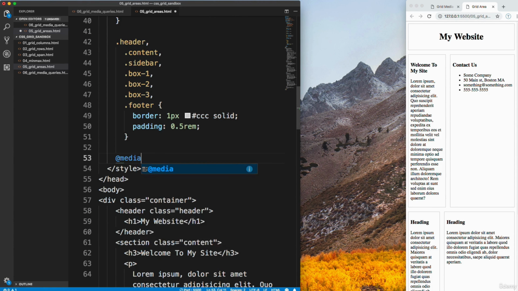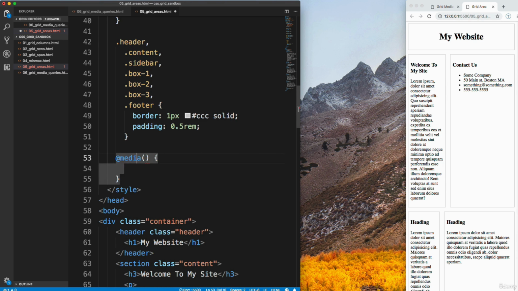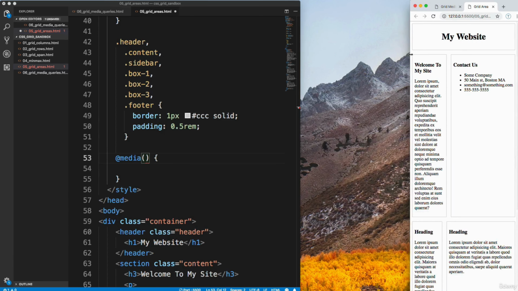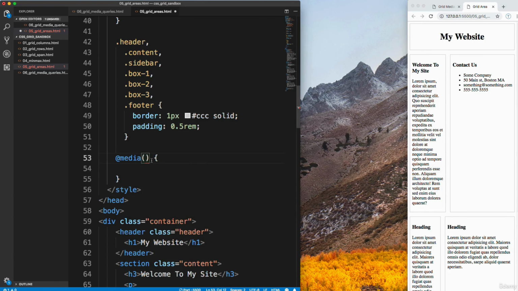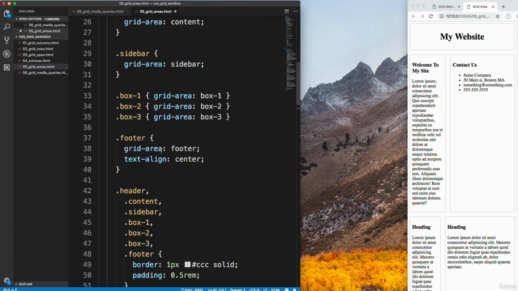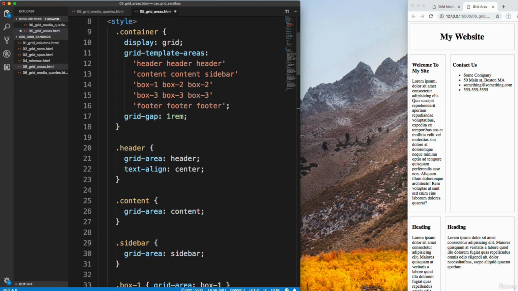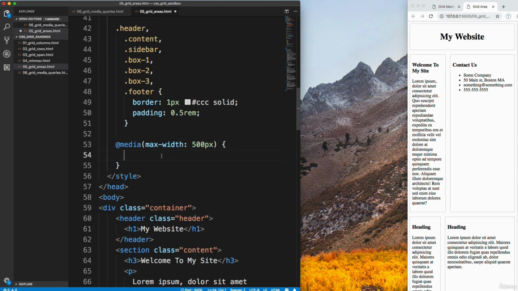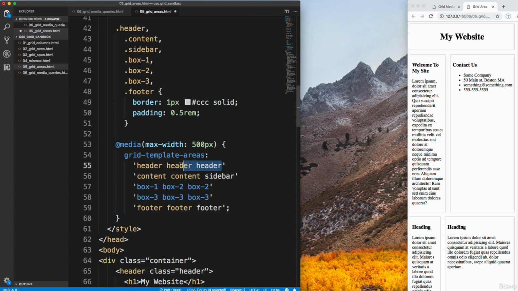So we'll say at media, and let's see what this looks like at like 768. So it's okay, that's fine for like a tablet size, but for smartphones we want to change it. So let's do a max width of, let's say, 500 pixels. And what we would do is just change up the grid template areas. So we'll take this, and if we want to stack everything, we can simply have 1 column. So we'll do header,